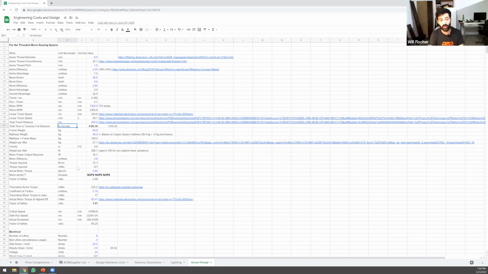I'm also looking at a variety of other things like the torque required to move things and whether or not the motor that I currently have specified will actually work. The motor that I have specified in this particular system is a 775, just a standard DC motor. And this is how I went through and looked at it. Here's my 2 meter travel distance in centimeters. Here's my motor RPMs, which I'm pulling off of